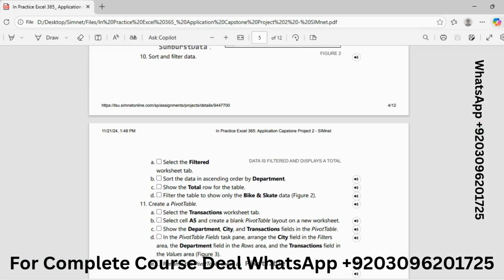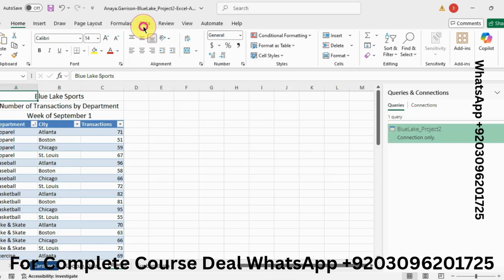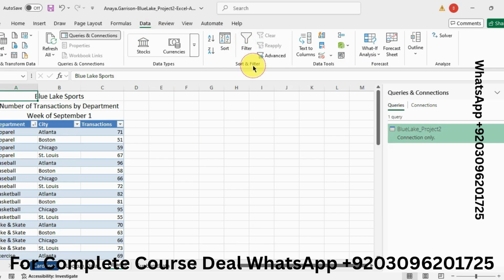Now part B is done, and now part C is show the total row of the table. So go to the data tab and now click on where is the total row. I think there is the view tab.